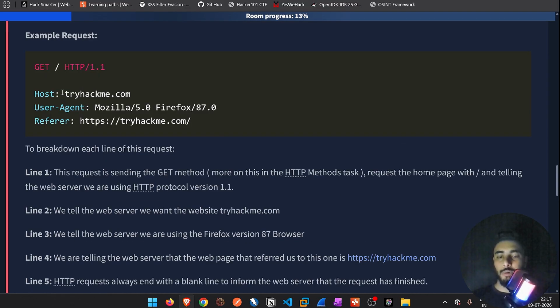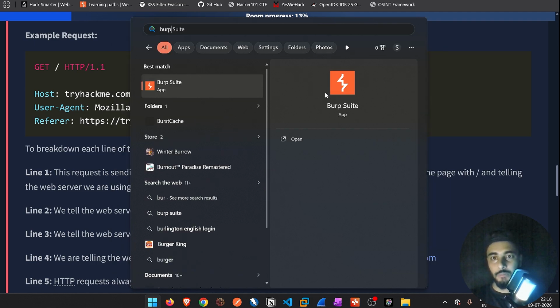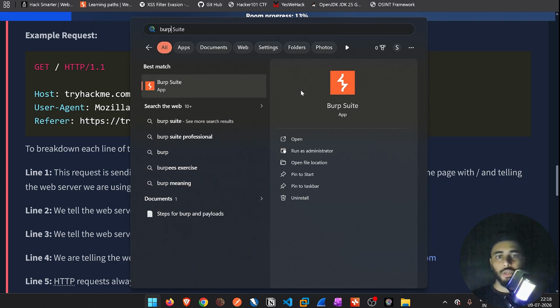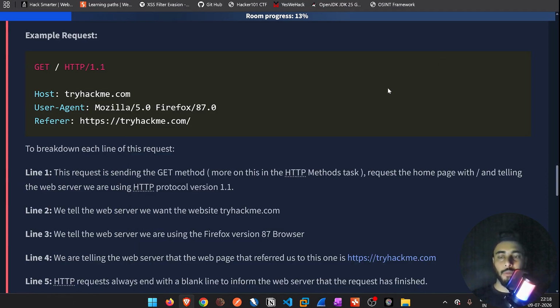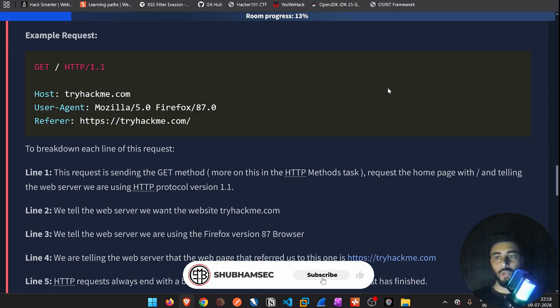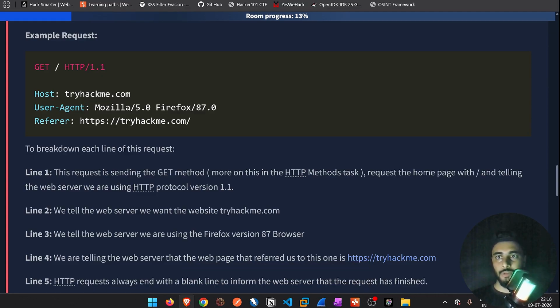हो चुकी है. जब हम इसे बर्प सूट जो कि हमारा एक प्रॉक्सी टूल है, लेट मी हियर इज द टूल दैट इज काइडो. हम बीच बीच में काइडो भी यूज़ करेंगे आने वाले लेसन्स में और हम बर्प भी यूज़ करेंगे जो कि ये बर्प है. तो जब हम बर्प के थ्रू कोई भी हमारी वेबसाइट होगी, जब उसको हम एक्सेस करेंगे और उसकी रिक्वेस्ट को हम प्रॉक्सी में जब इंटरसेप्ट करेंगे, तो वहाँ पे मैं आपको दिखाऊंगा कि यहाँ पर एक स्लैश एन करके होता है।